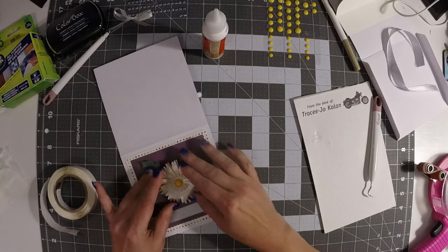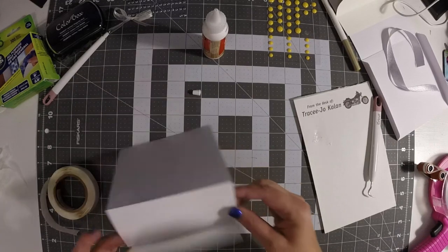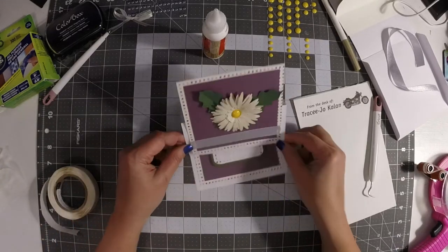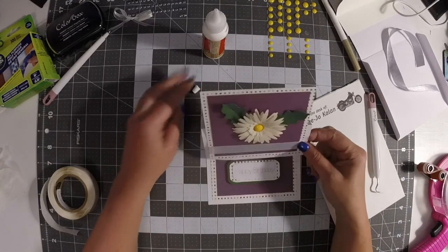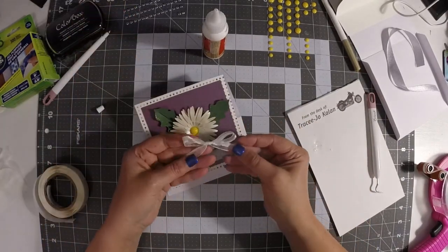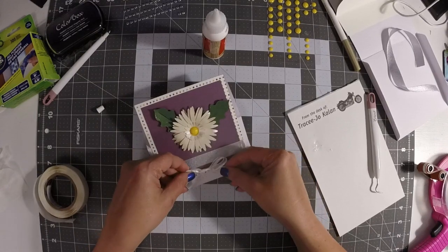There we go. Now for, oh gosh, look how cute and pretty that is coming along. It's just so simple. It's not anything super hard to do, but they just are so elegant. So I made a little bow out of some other ribbon that I have, and I'm going to put that